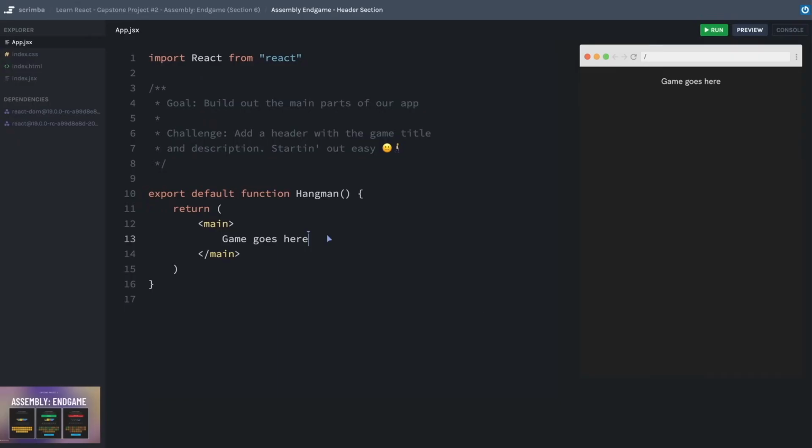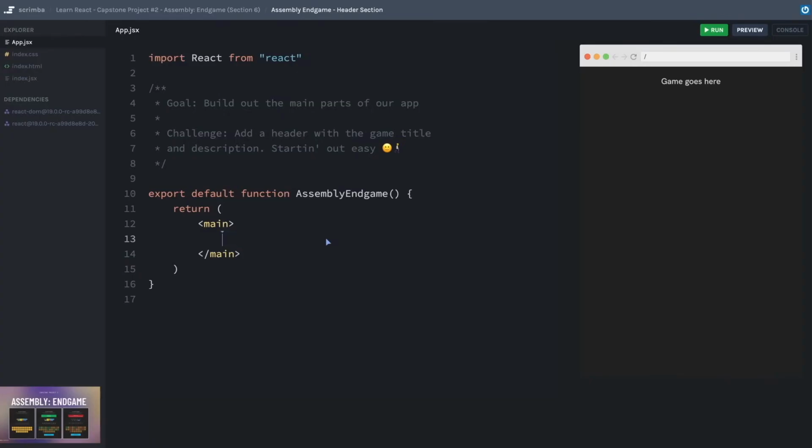You might have noticed in the final version of the code that we saw that we had opted to just put everything here inside of our hangman function. And actually, the name of this is a remnant from when I first started writing it. Let's call it AssemblyEndgame. So we could spend a little extra effort by moving things out into other components, but at least for now, while I'm scaffolding, and potentially for the entire lifecycle of this app, I'm just going to be putting everything here inside of my AssemblyEndgame component.